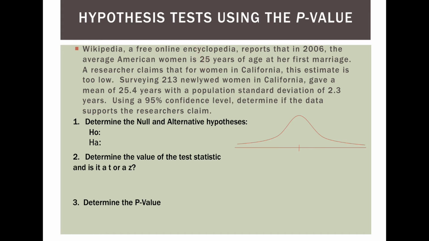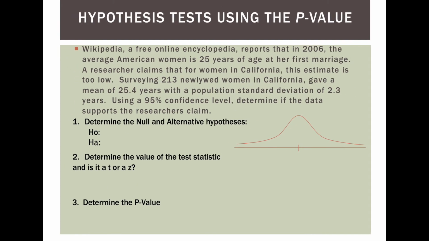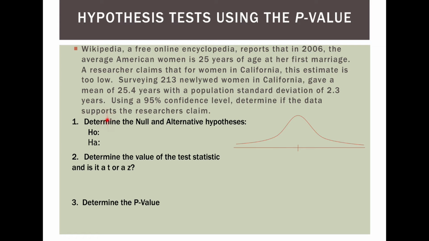The dispute is really women in general versus women in California. The researcher claims that Californian women, it's different. But the disputed number here is the mean. So we are dealing with a mean, a population mean. So for our null hypothesis, we would say mean